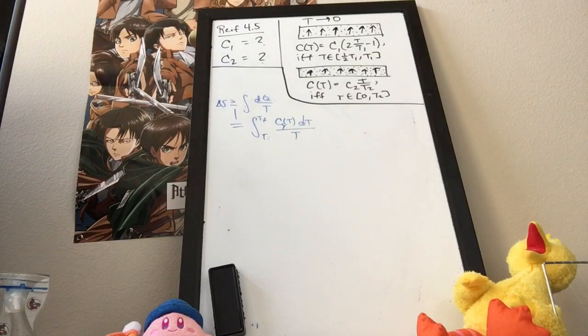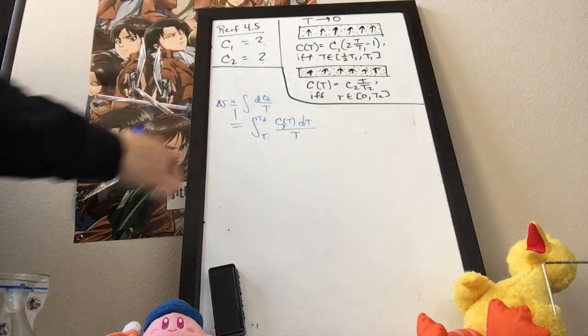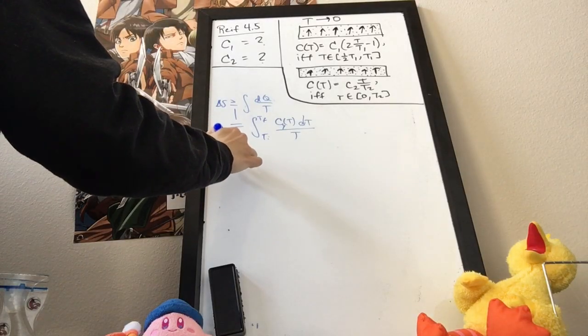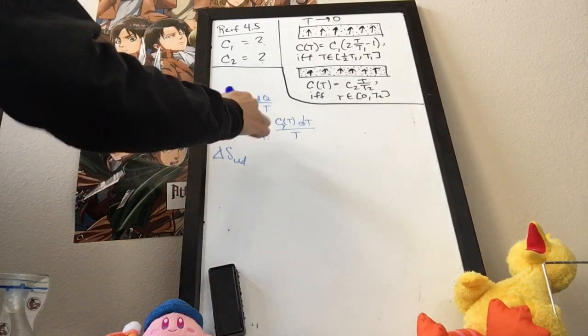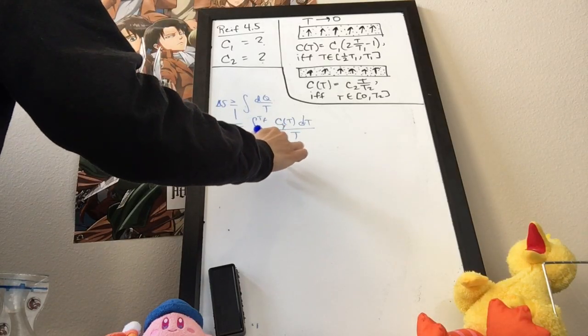So if we want the first case, where we have an undiluted metal, I'll designate that with just UD as a subscript here. S_UD is equal to the integral from the initial to the final temperature